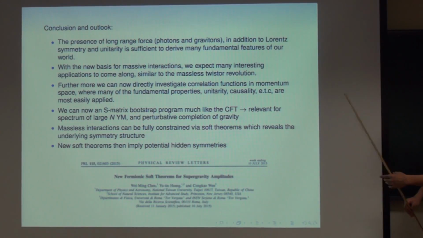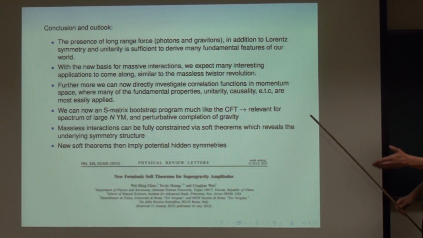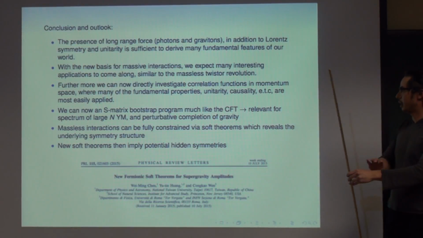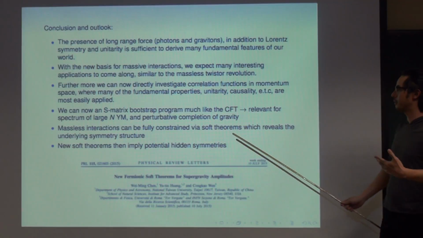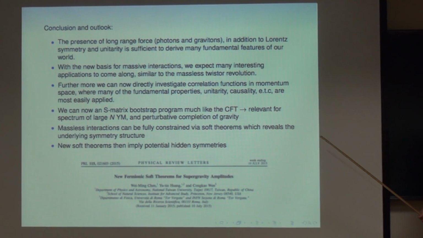An S-matrix bootstrap program, because it involves massive particles, and this will be relevant for the spectrum of large-N Yang-Mills and, for example, for the predictive completion of gravity. Now, finally, for massless interactions, I've discussed that it's fully constrained by a soft theorem, which really reveals the underlying structure of the UV theory. But it also tells you more. If you find any new